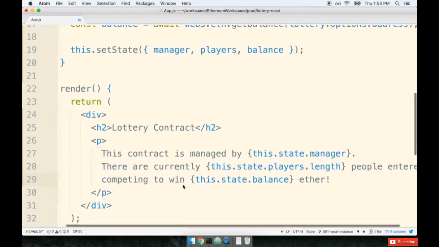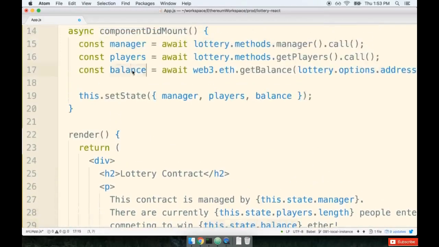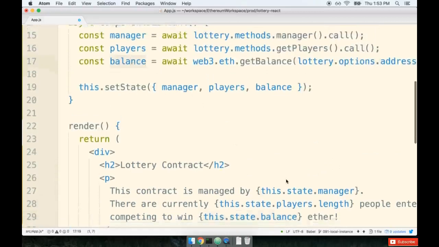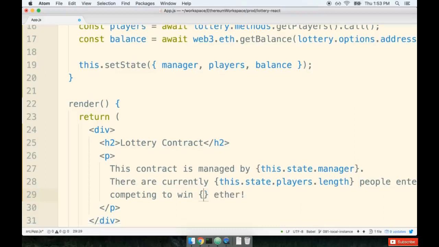Now just hold up a second here because this right here, this.state.balance, isn't exactly correct. Remember that this is going to be the amount in Wei. And we don't really want to print out this gigantic number in Wei. It'd be a lot more meaningful if we printed out the value in Ether. So we will again use the Web3 utils module to convert this from a value of Wei over to a value of Ether. So I'm going to replace that with